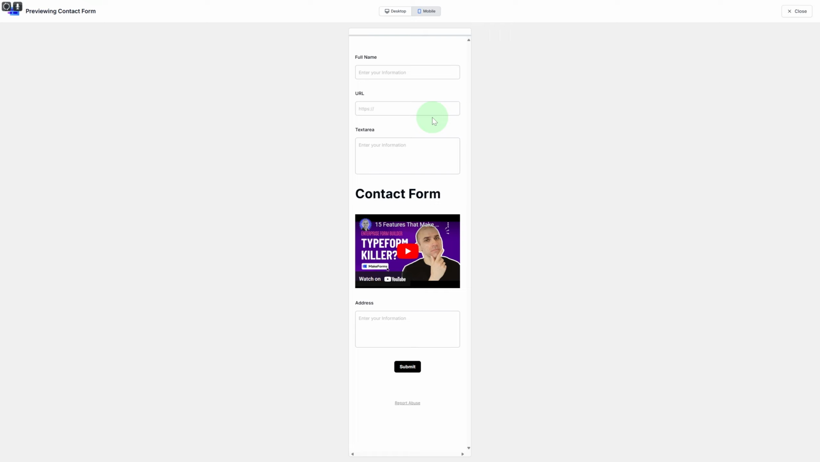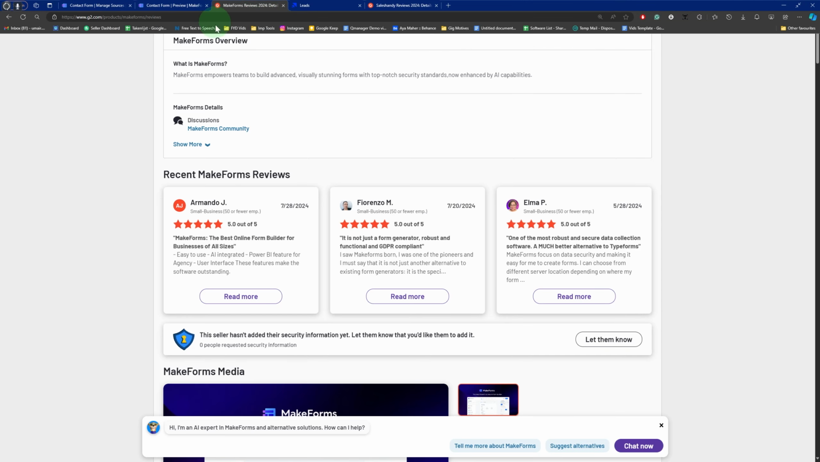Now adding on to this platform, I have some really positive reviews about this platform, and all are going to be 5 stars. So you can see MakeForms, the best form builder for businesses of all sizes. It is not just a form generator, robust and functional, GDPR compliant, and you can see how amazing and powerful